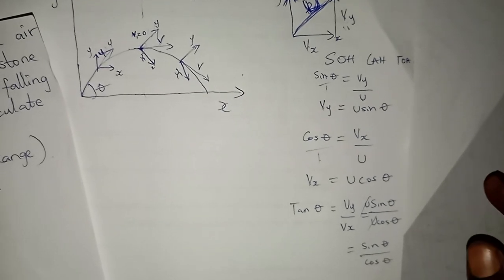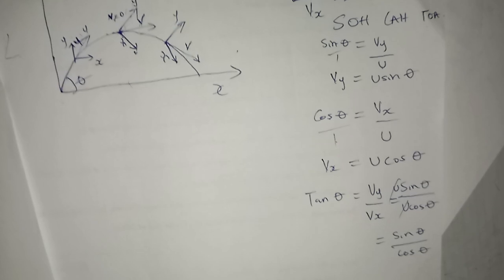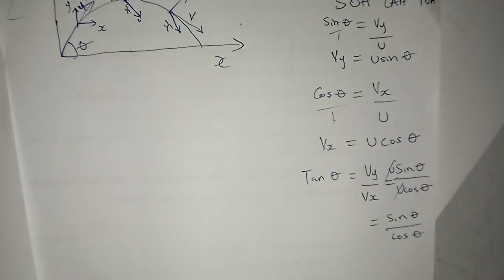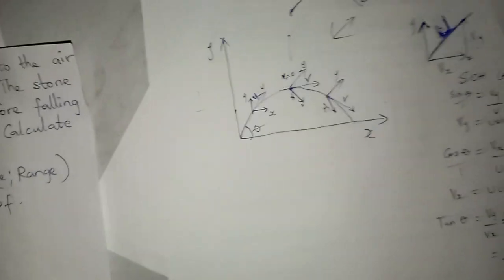So now that I know this, we will use the idea that anywhere we see anything that has to do with the vertical axis, we'll put u sine theta for it. Anywhere we see something that has to do with the x-axis, we'll put u cos theta for it. And you need to remember that